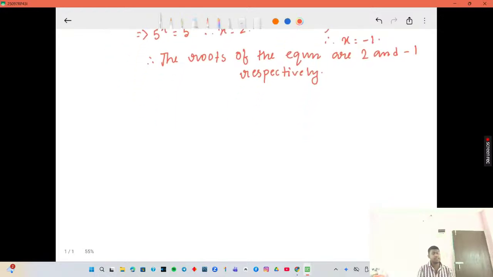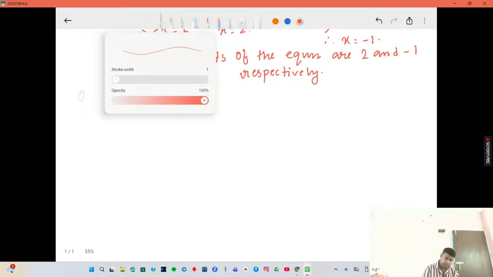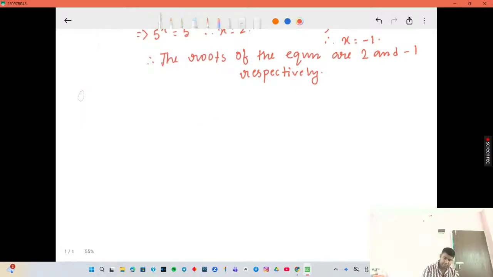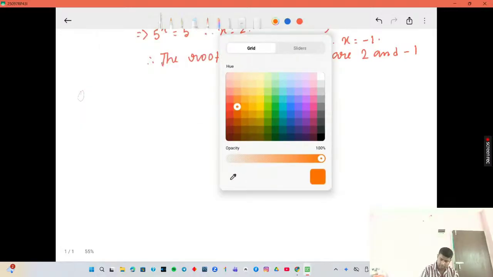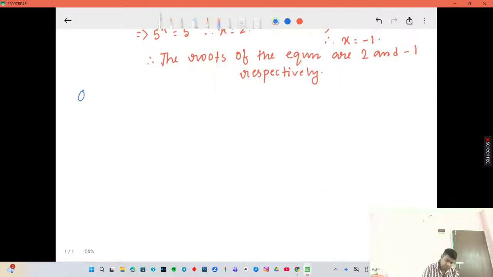Now for this exercise, I will be solving the last question. I think you will find it very interesting. So here the question is given as